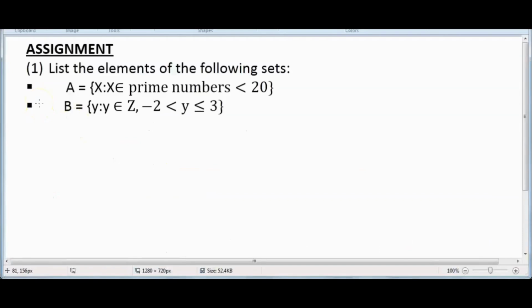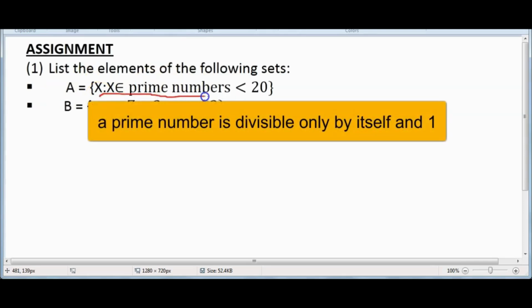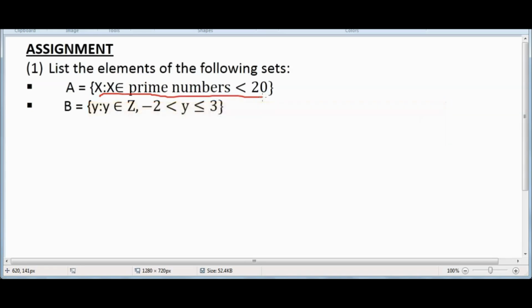I'm going to start by listing the elements of set A. The notation can be read as follows: x is a set of prime numbers less than 20. A prime number is a number that is divisible only by itself and 1. If so, then A should contain the following elements. A equals